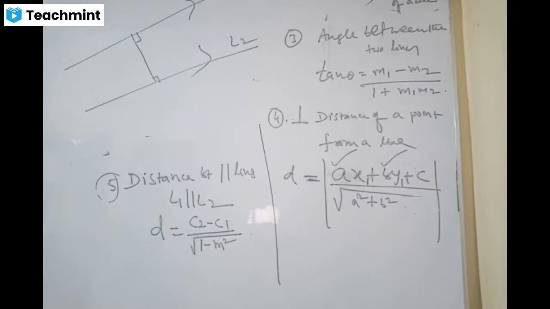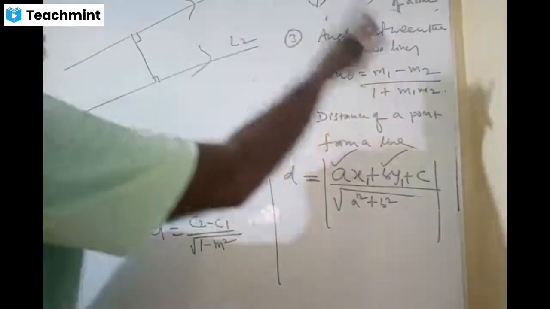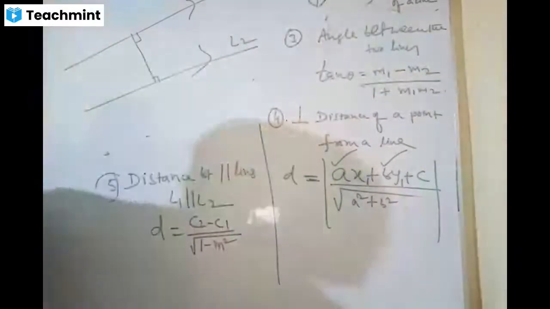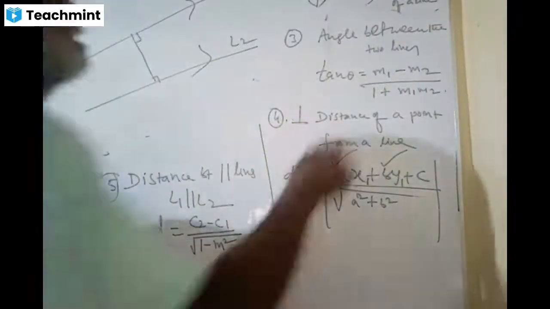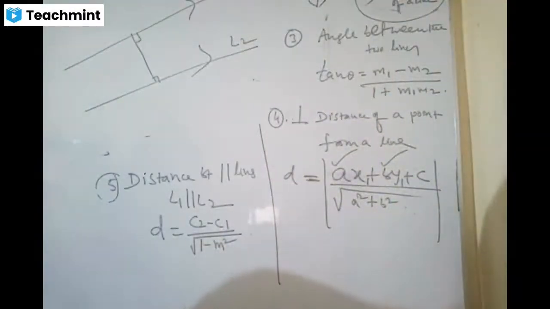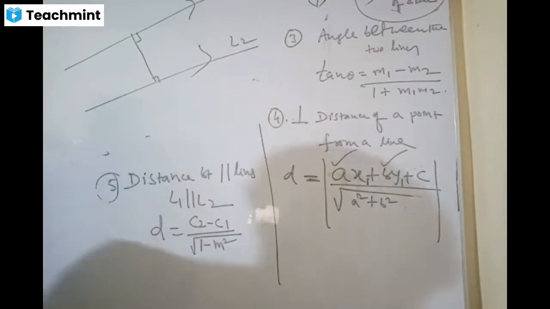In the slope topic we are going to learn a lot. Two parallel lines will have the same slope, perpendicular lines will have some relation between their slopes. A lot of things will happen with slope, and this is another one. Different forms of equations of a line is a super topic, very useful for you in physics also. So this is the distance between the two parallel lines.